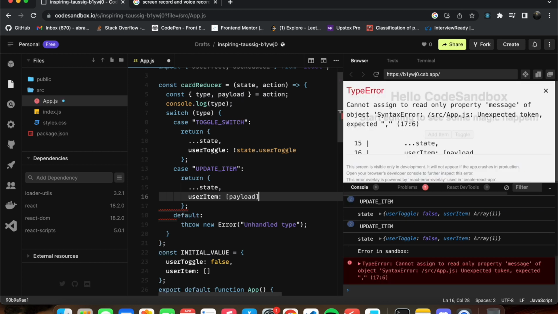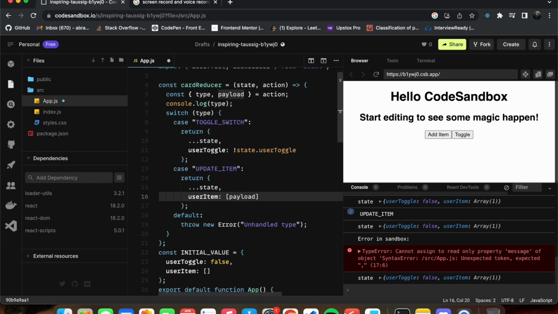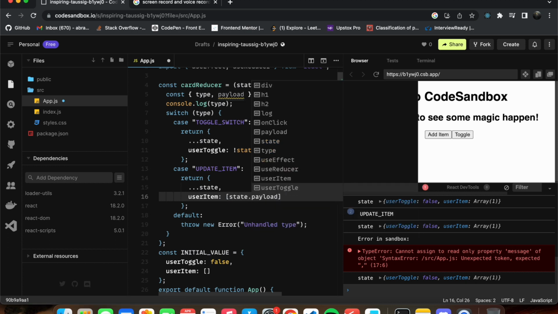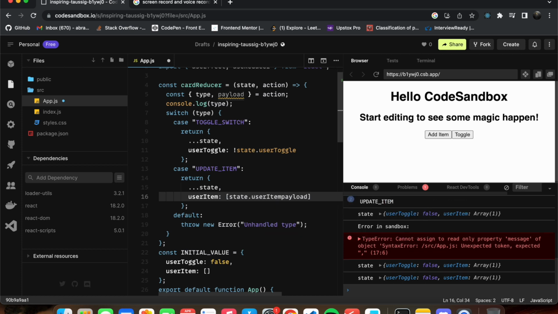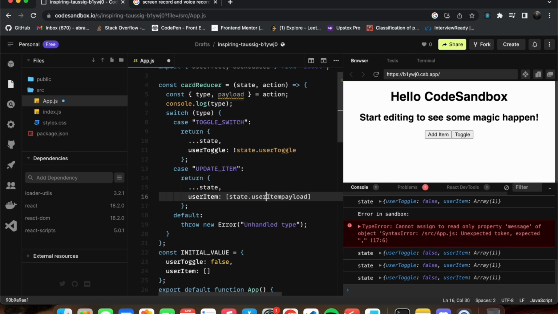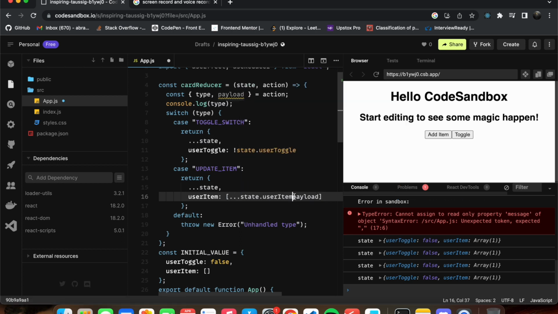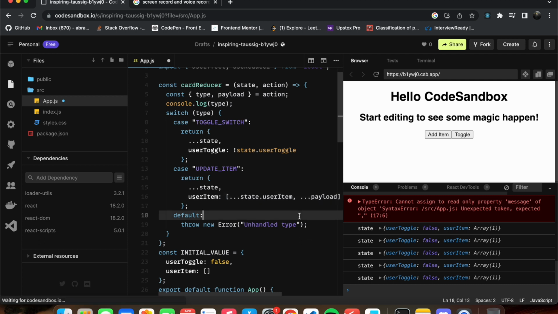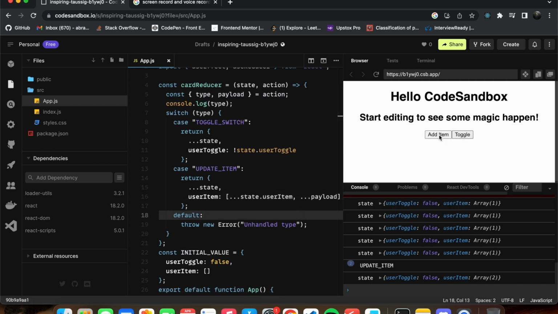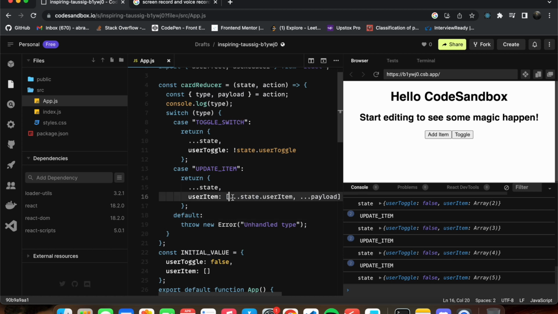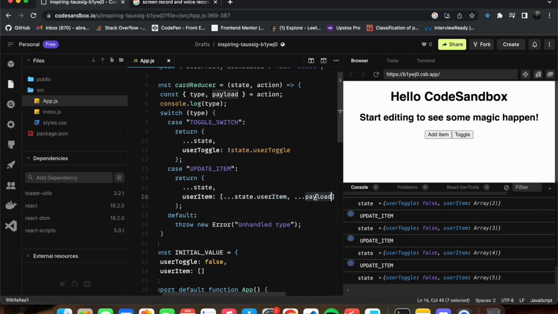Okay, let's do one thing. We can just take state dot user item and destructure it, then add a comma and 123. Is that fine? So let's say we add 1 2 3. We just did that, so it will destructure the previous items as well as the new one